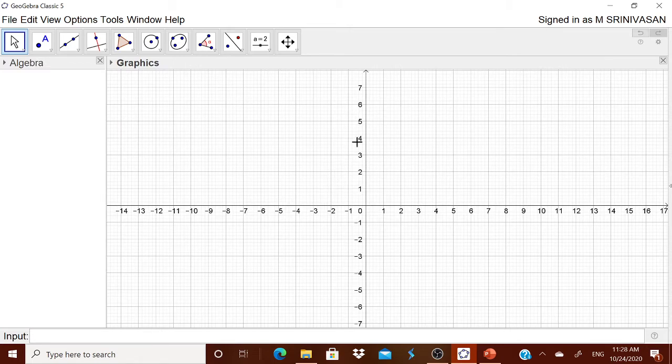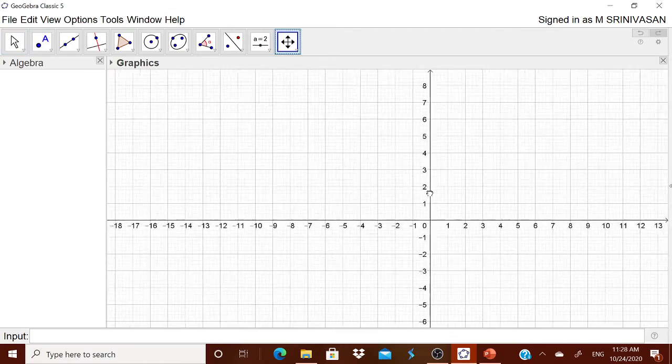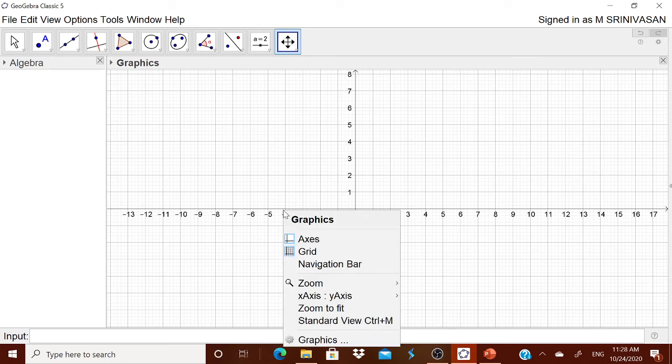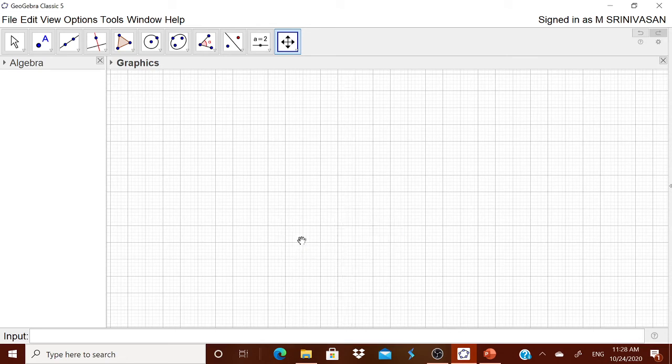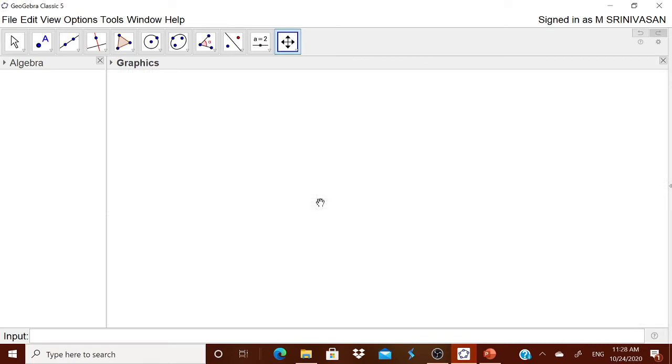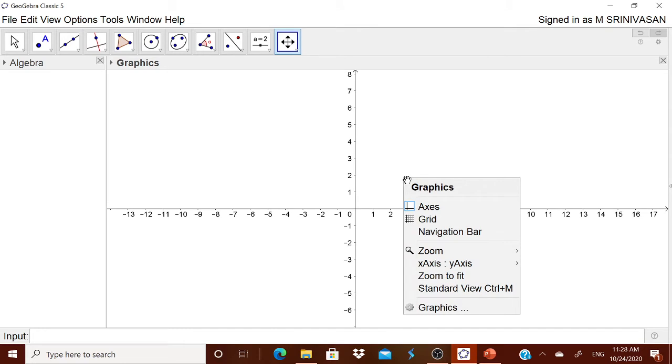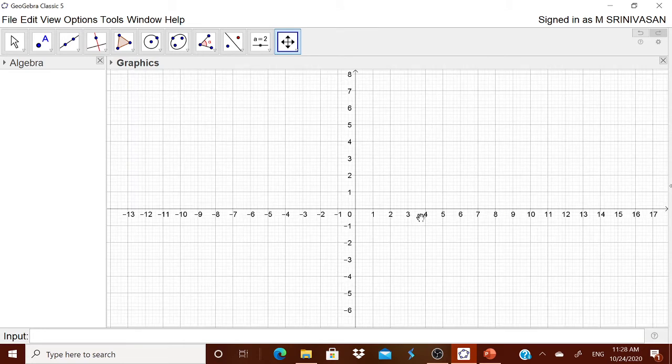Now this two x-axis and y-axis, you can move it as per your convenience or you can hide them also. By just right clicking it, you can hide them also. Now, there are options available. Therefore, you can right click it, it is automatically has gone. The axis has come. Now the grid has come. Or it is left to you, the way you are preparing the worksheet. But remember, when you are doing anything in the graphics, the algebra also is going in the backside.